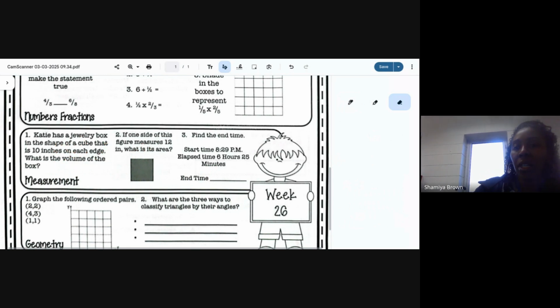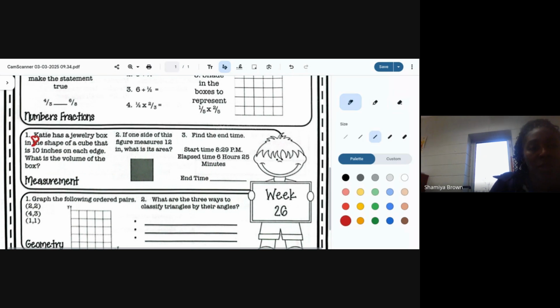Next one says find the elapsed time. Find the end time. So it starts at 8:29 p.m. So if it's 8:29 p.m. and it says elapsed time is 6 hours and 25 minutes. So 6 hours and 25 minutes passes by and they want us to tell what time it would be then. So if I do 6 hours, I'm going to go ahead and add 6 hours to the 8 hours. That's going to give me, so if I count up from 8 to 6, I know that's 14, but of